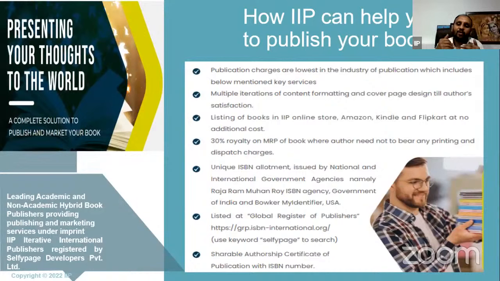For those who are in urgent need of book publication, we will go with the USA agency, because it is a 48-hour procedure. If you go with an Indian agency, the ISBN allotment will take 15 to 20 days. So if there is an urgent need of book publication, we will go with the USA ISBN allotment. But please make a note that the ISBN allotted to you, whoever the publisher may be, IAP or anyone,